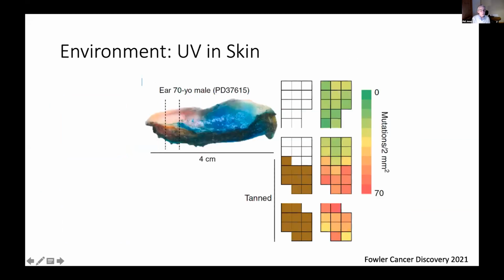So this is a human ear, and we sequenced it using our grid mapping technique. So we're doing deep targeted sequencing over the inner and outer surface of the ear. And this is a beautiful illustration of the power of UV light. The outer surface of the ear is tanned, and you can see in this heat map of the density of clones, the way that this shoots up the moment we get into the outer surface of the ear and into the tanned skin. So it's very clear that UV light has a huge effect on mutational density in the skin.